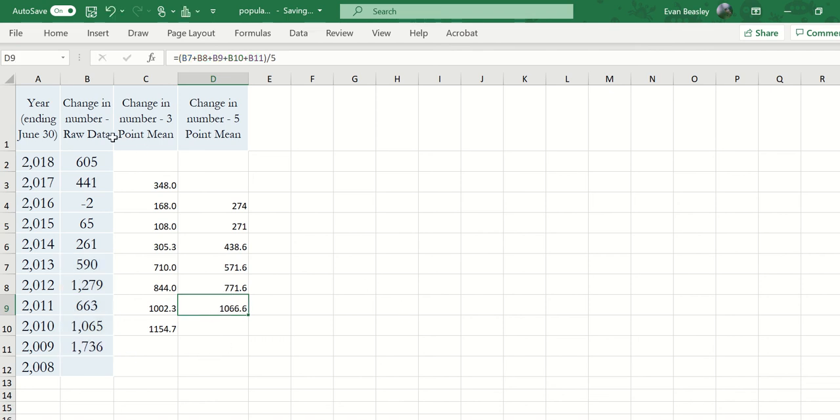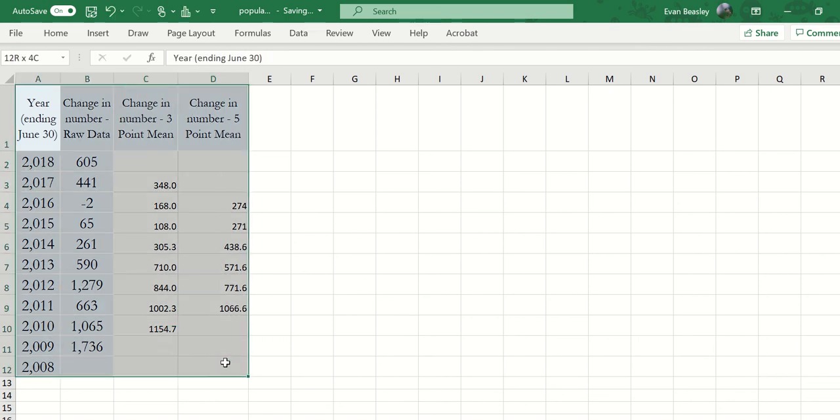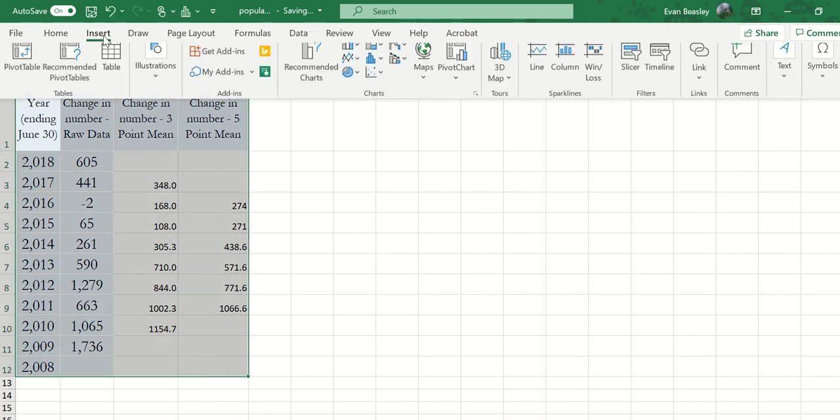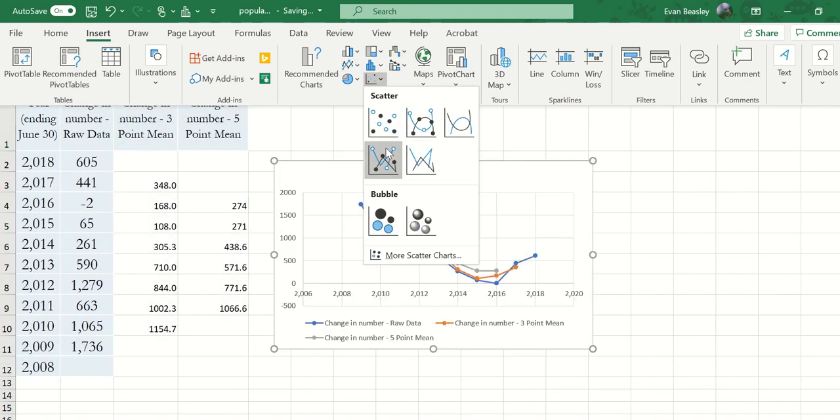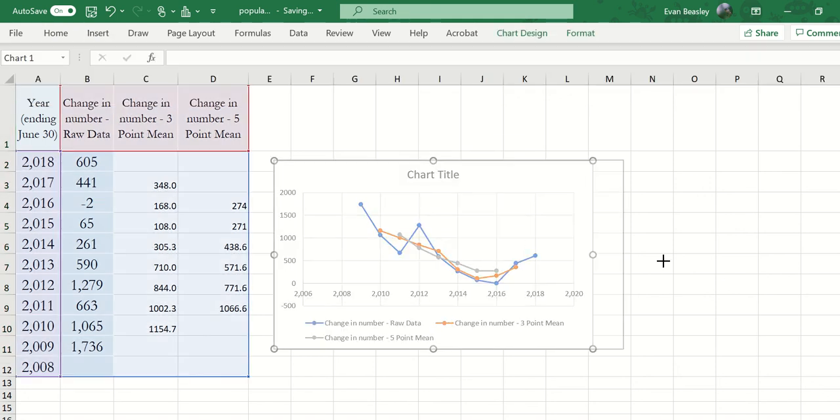Now let's graph our trends here. So we're just going to insert a scatter plot. We may as well do it with a line as well. And just to see the effect of smoothing,